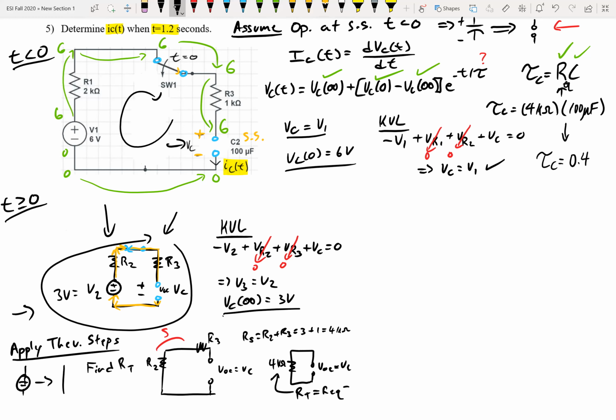0.4. Okay. So now that we have that, we can come in here and we can start filling stuff out. So V of C at 1.2 seconds is equal to the infinity value we said was 3, plus the initial value 6 minus 3, to the minus, we said this is 1.2, this is 0.4 for tau. So therefore, V of C at 1.2 is going to be equal to